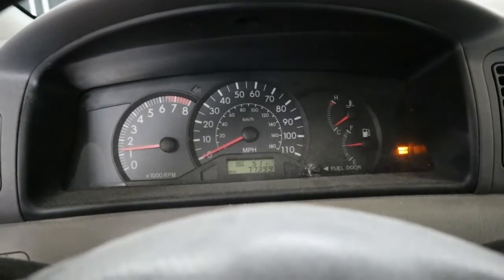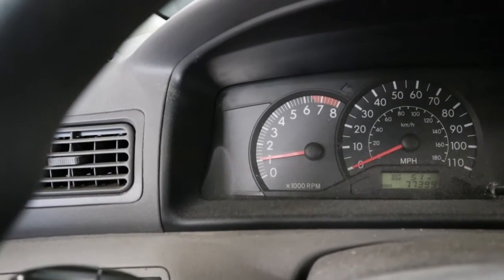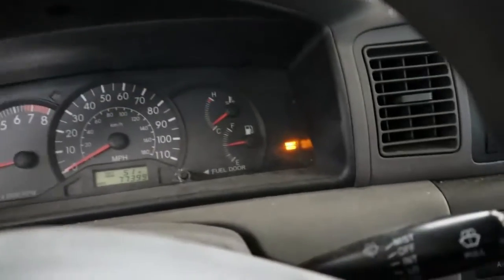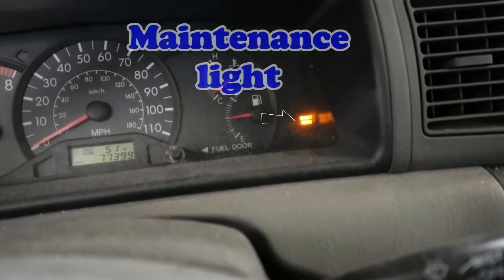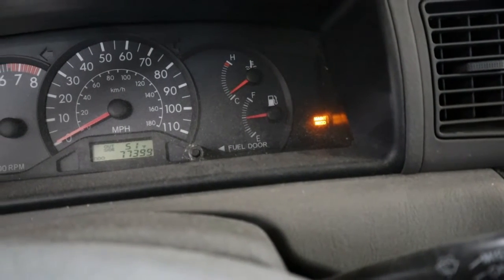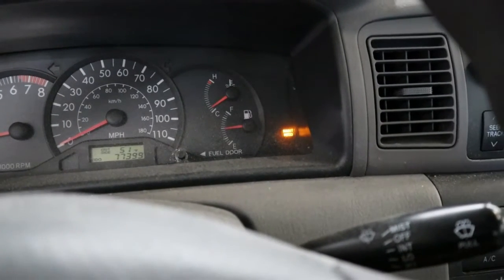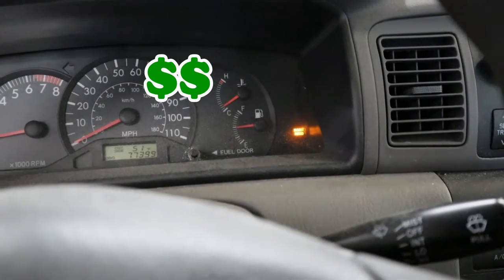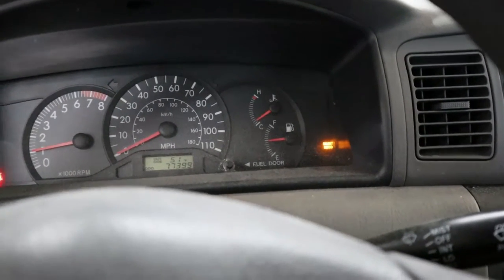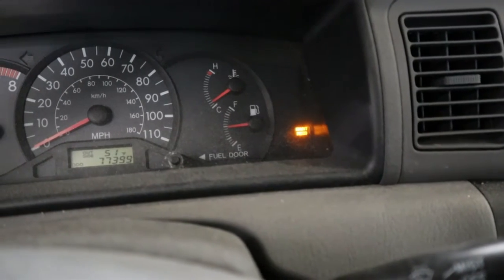Start it up. Okay, so the check engine light went out, the seatbelt warning light is flashing at me, but in this case it's just the maintenance light. Now, if you were to stumble upon a dishonest shop, they might jump all over this and tell you need a bunch of stuff that you don't need, and I'll just reset the maintenance light. But anyway, get familiar with your car and the lights, because you could save yourself a bunch of money and possibly not get taken by